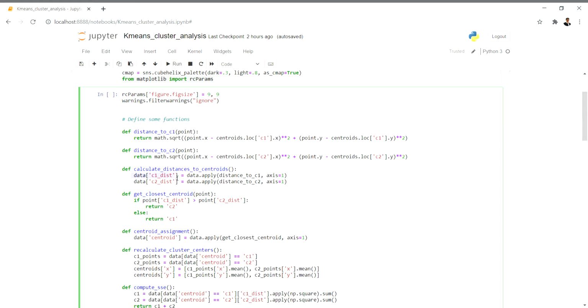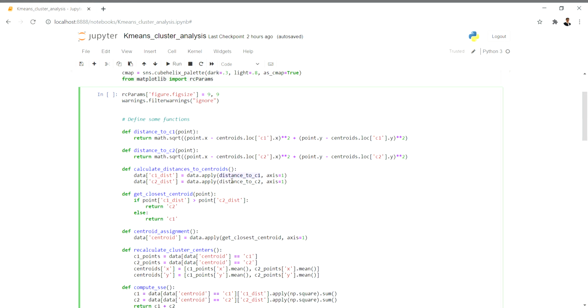So we store in a data frame, that is C1 dist, and we make use of this apply function. We know from pandas we did some activities on apply and other functions. Apply is one such function where you can feed it n number of different values.